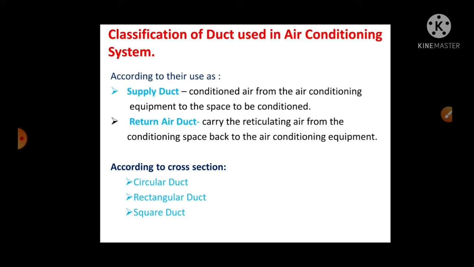Air distribution system mainly consists of supply air outlets and return air duct. The air from central air conditioning plant is supplied to every room by supply air duct. The air outlet is the last element of duct through which air enters into the room. Air outlet arranges the flow of air to distribute it uniformly into the room.